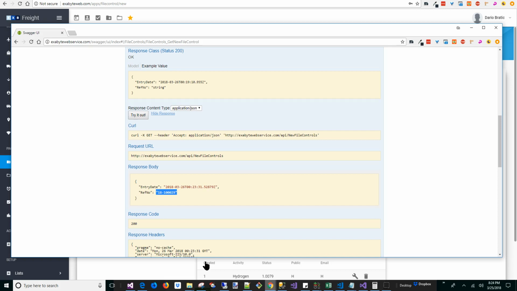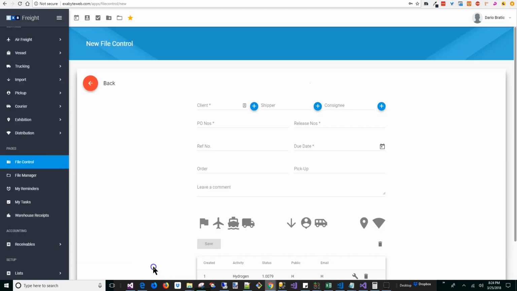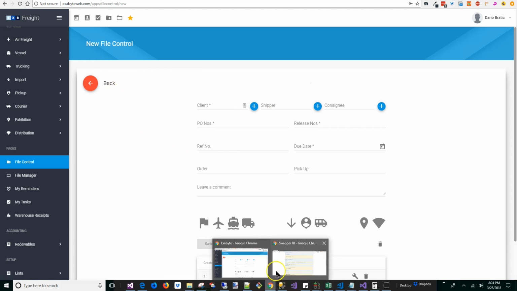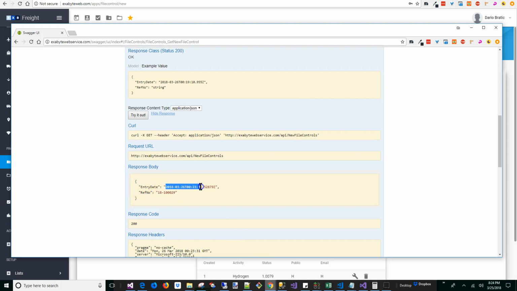If you're going to do a post from the client, you can do that. That'll probably be faster for you, as long as there are no required fields. Or we could change the API so that it writes the record directly to the file control. If I were you, it would probably be faster to do a post directly from here. As soon as you come in, you've got the new ID and you've got the date. If you go back to here, you can see that it's provided a date,